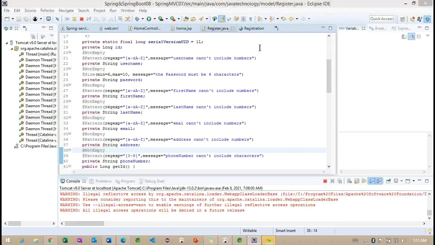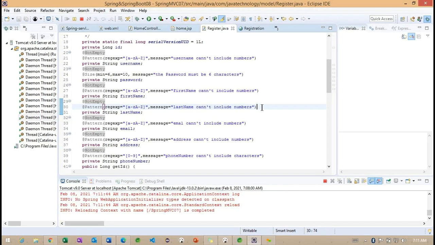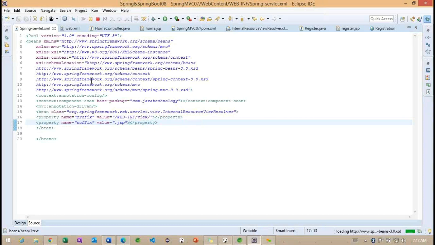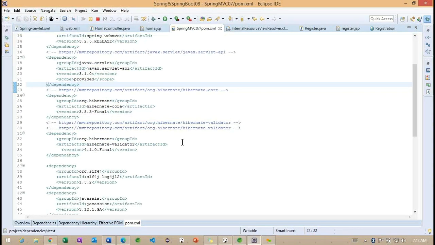Maybe it is because of Hibernate's one version and Spring's other version, that version compatibility. Hibernate version? No, the Hibernate we are using is 4, right? Spring we are using some particular version in the pom.xml file. Maybe because of the versions, this is happening, I'm asking.